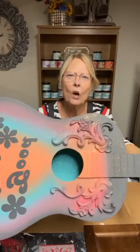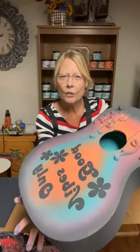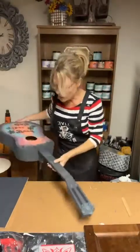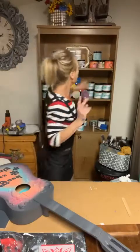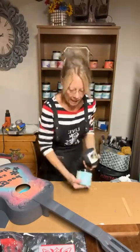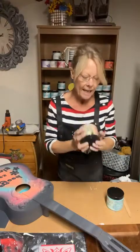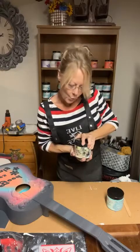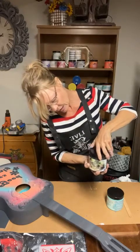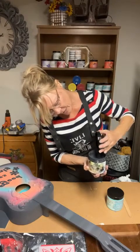And they come in, so they've got like a base color in the paint, but then the sparkle is a different color, and there's 12 different ones for that. I've used 4 colors because that's what I have on here. And the main color is the Dragonfly, which is a black with gold sparkles. Now, what I find